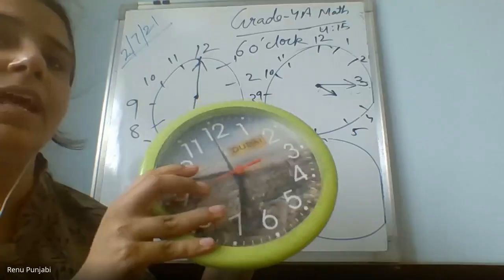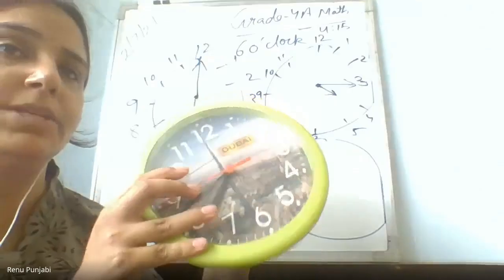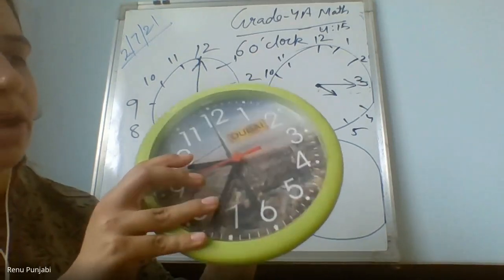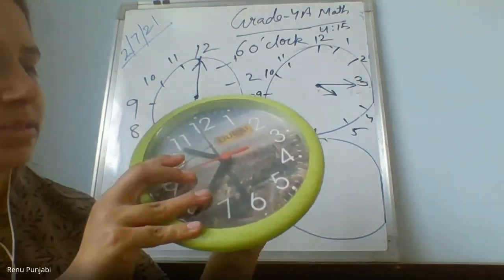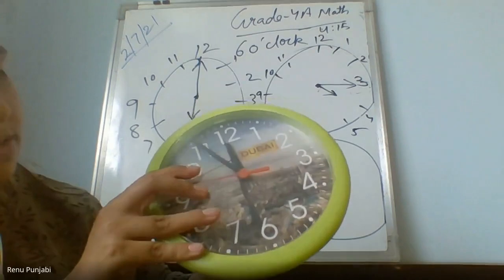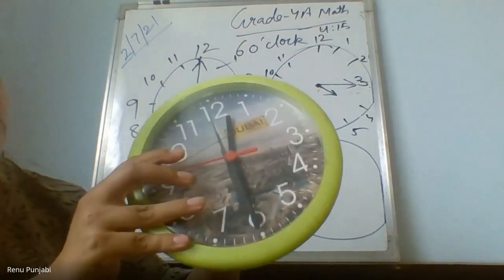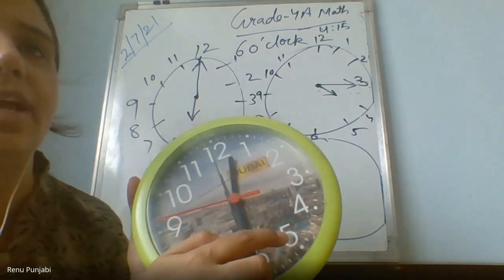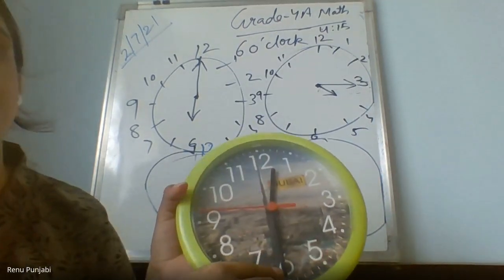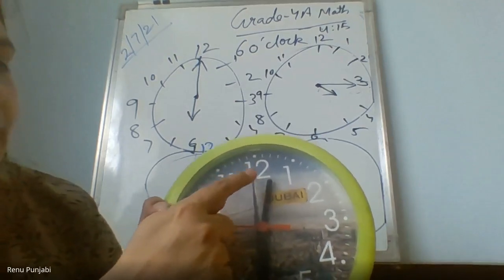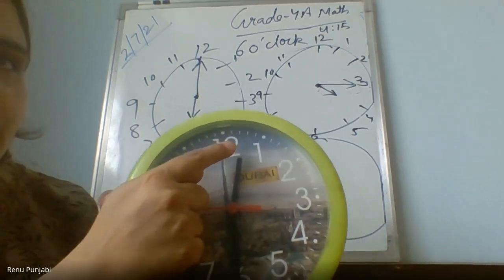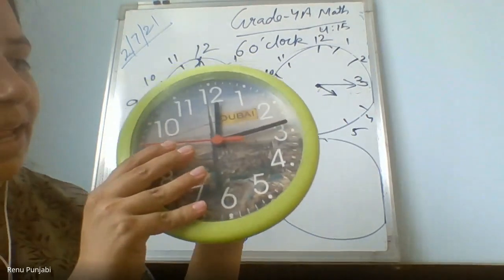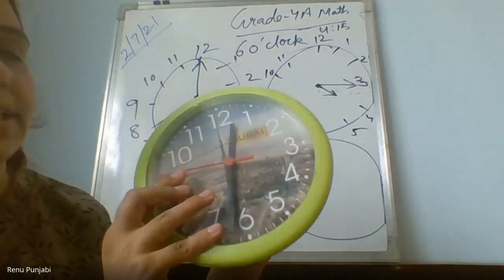Your short hand is correct. Your long hand is going completely slanting, then your answer will be wrong. See, I will practically show here where the long hand and where the short hand will be at 12:30. See now, the one on 6 is going slanting toward 5, which is wrong. It will come like this, straight, and you can see here the short hand on 12 has started moving slowly towards 1. Why? As I told you before also, after quarter past, our hand slowly starts moving to the next number.